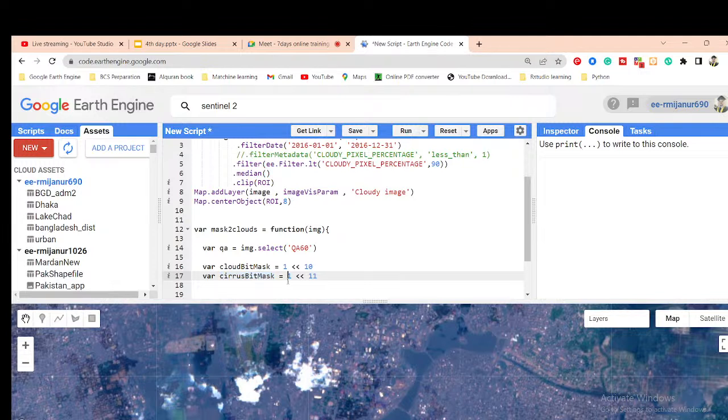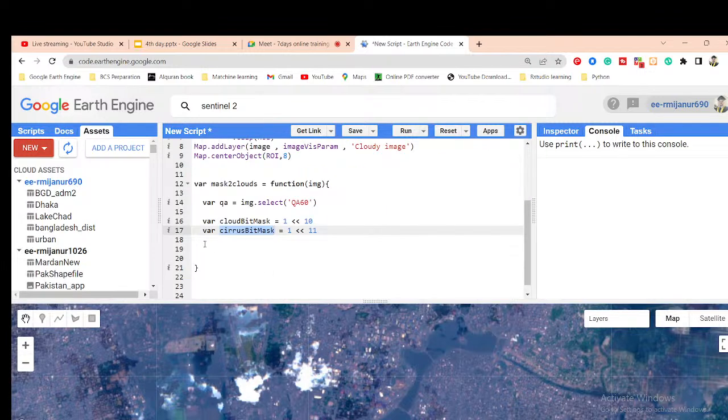And now I need to select cloud bitmarks equal to 0 and also need to select cirrus bitmarks equal to 0. So for that, I simply take a variable, suppose marks variable. You can use any variable name, and then first of all I call the QA, because QA60, this is the band. In this band we can get the 2 bits, bit 10 and 11. Okay, so I simply call the QA first, simply copy and paste,